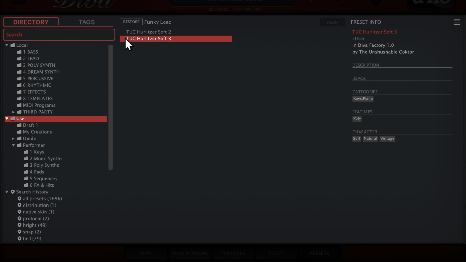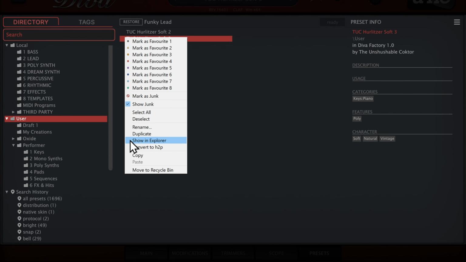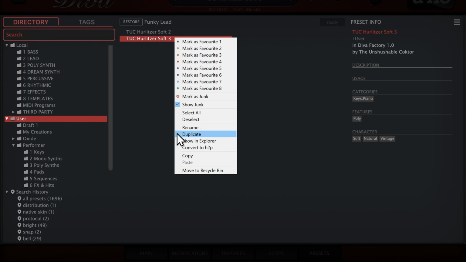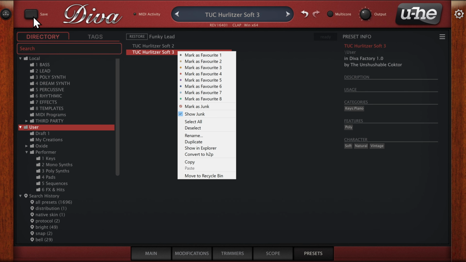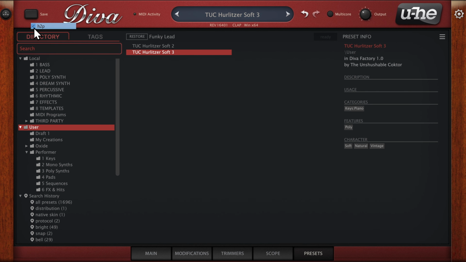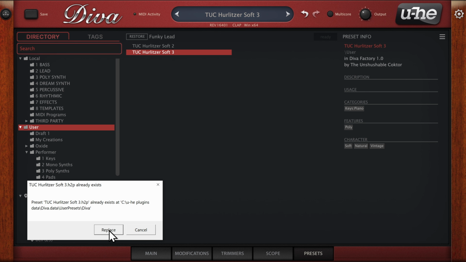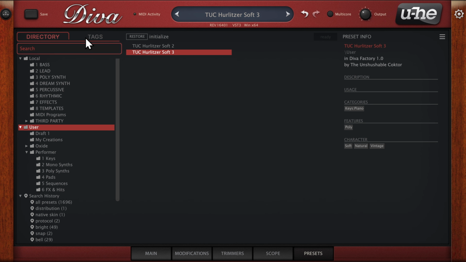Show in Explorer or Show in Finder will take you to your default System File Browser, where you'll find the preset highlighted. Again, should you wish to back up individual preset files, this is how to find them. Convert To lets you convert presets into the format selected by right-clicking the Save button. Simply resaving a preset onto itself will update the timestamps of these preset files. If the plugin is NKS compatible, and if you're using the VST2 or VST3 version of it, you can save the preset in the NKS format as well.